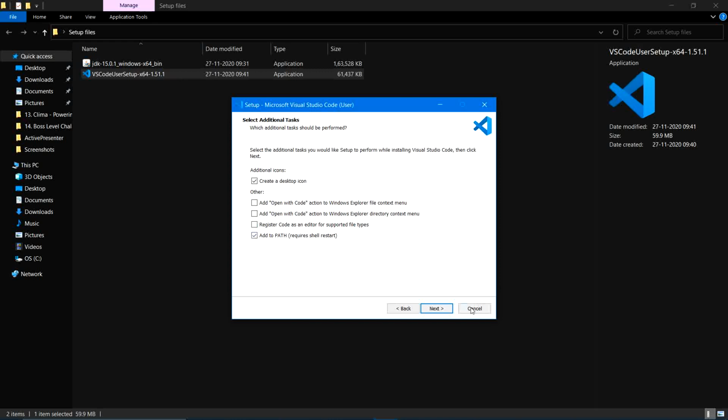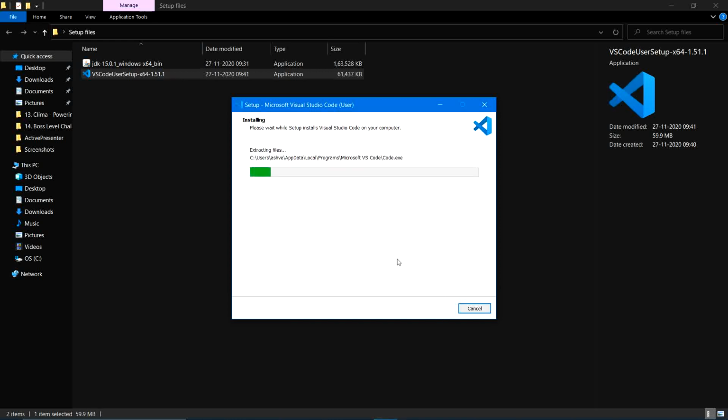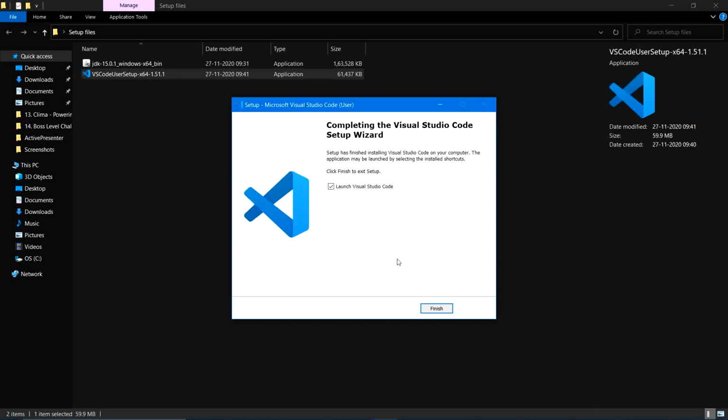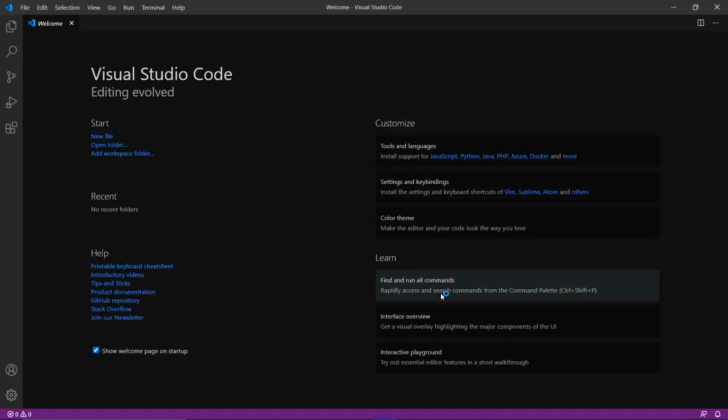If not, then check it. Next, and install. Now VS Studio Code is installing. VS Studio Code is successfully installed. Now click on finish and this will launch your VS Code.